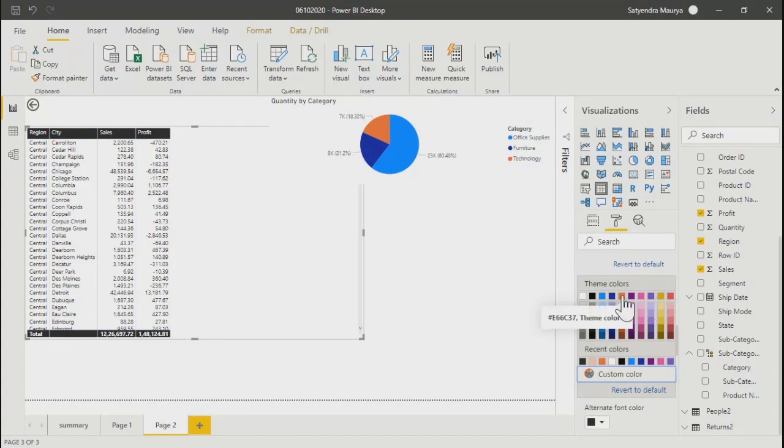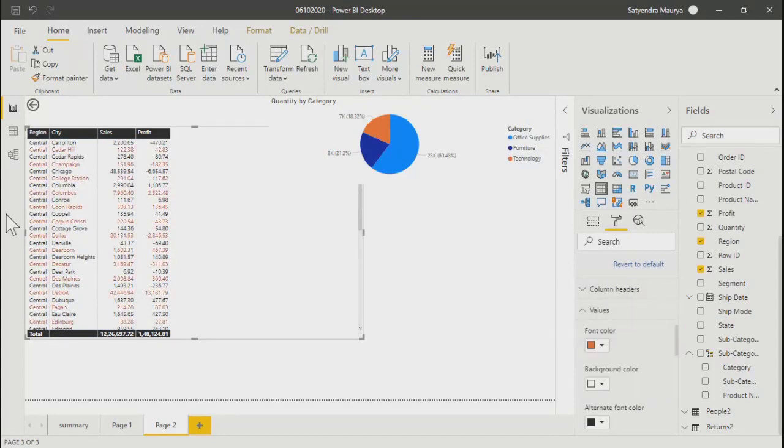So maybe like this, see, because we selected alternate style, I guess. Condensed, there was some option wherein we selected alternate. That's why every alternate row is coming in a different color. So here only you can see alternate font color. So that is why it is coming as alternate.